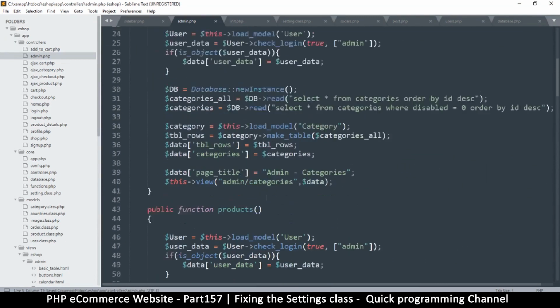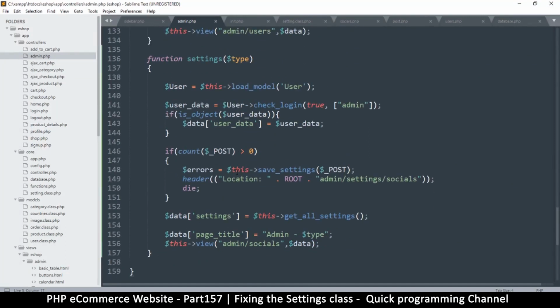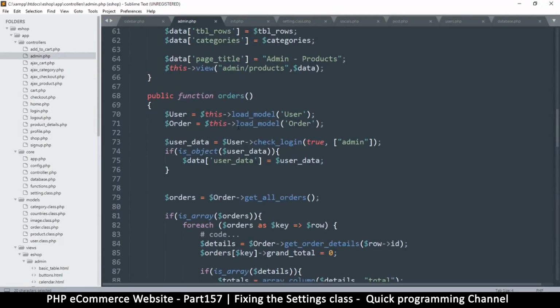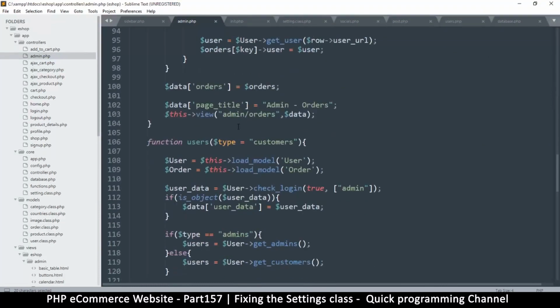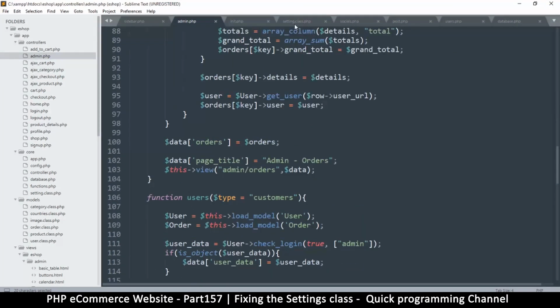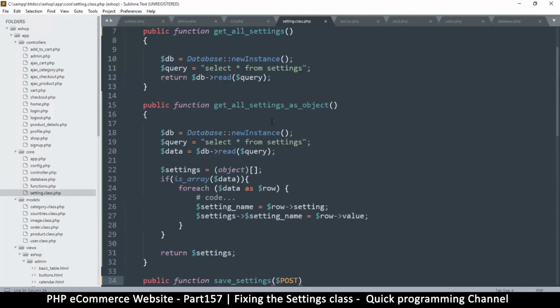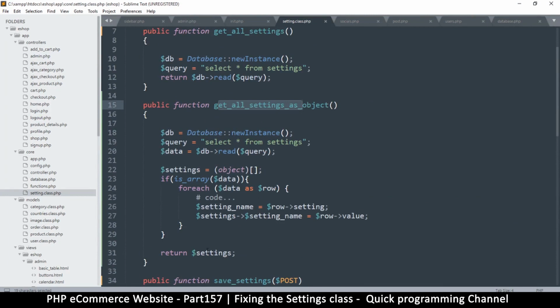Okay, we're going to deal with that in the next video. I want to instantiate to have the settings in hand. So this get all settings as object. Oh, sorry, I'm in the wrong place. Settings class, that's what I was looking for. So here where it says get all settings as object,